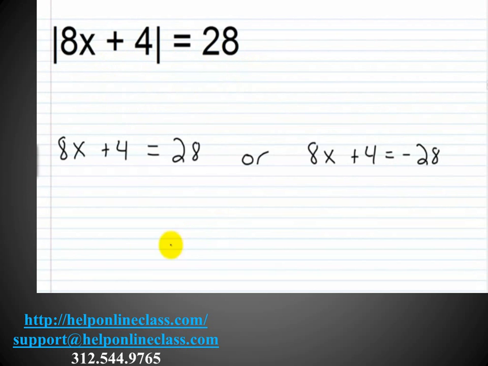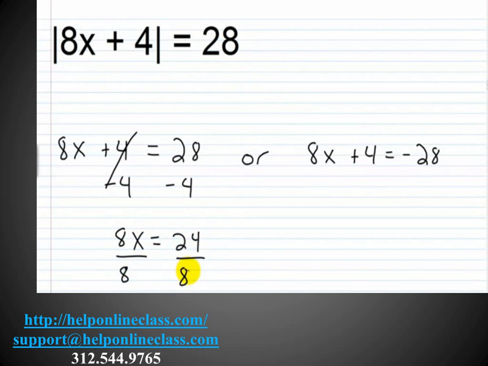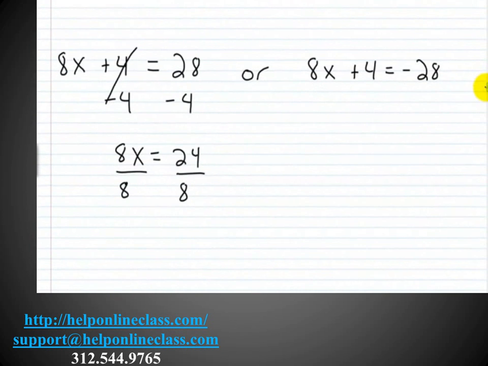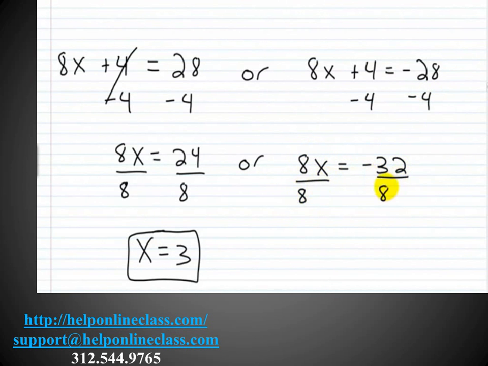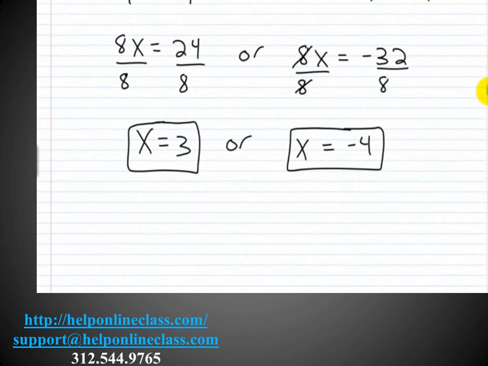Alright, so let's solve these two simple equations. We will subtract 4 away from each side here. That will go away. I'll have 8x is equal to 24. I'll divide each side by 8. And we'll have x equals 3. So that's one solution. And then we have this OR. Now I'm going to subtract 4 away from each side here. I'll have 8x is equal to negative 32. I'll divide each side by 8. That'll cancel with that. And I'll have x equals negative 4 as another solution. So my solution set here